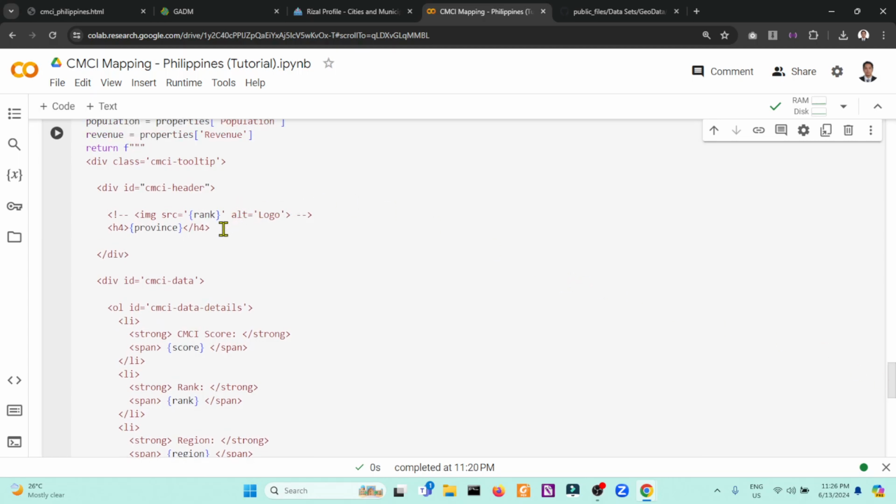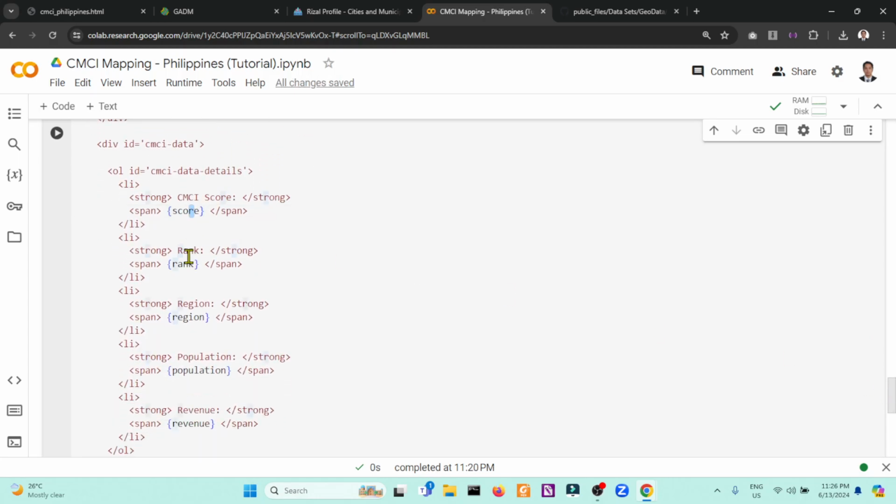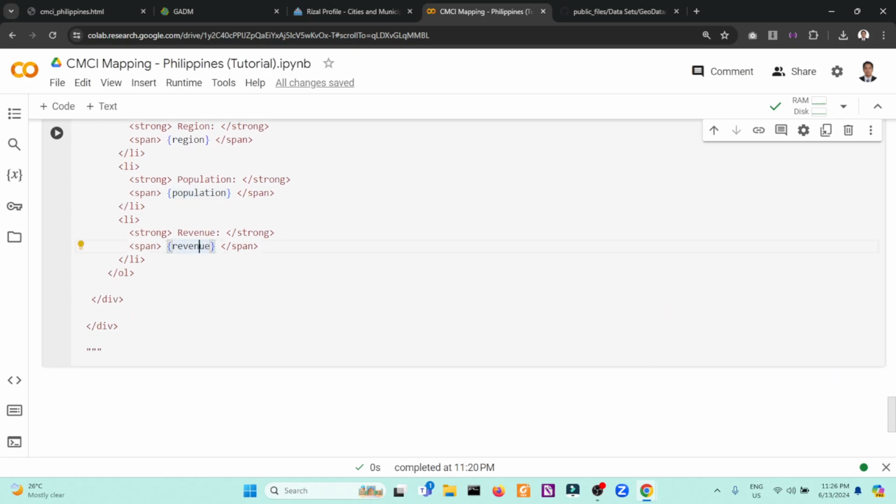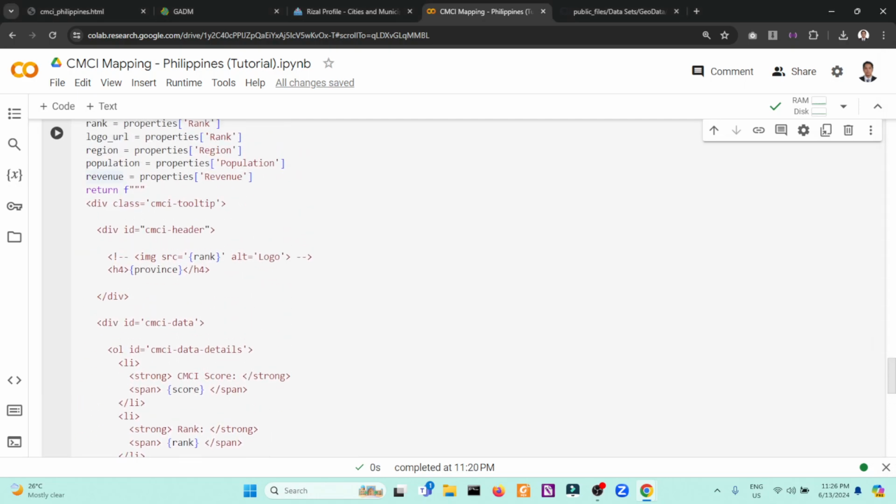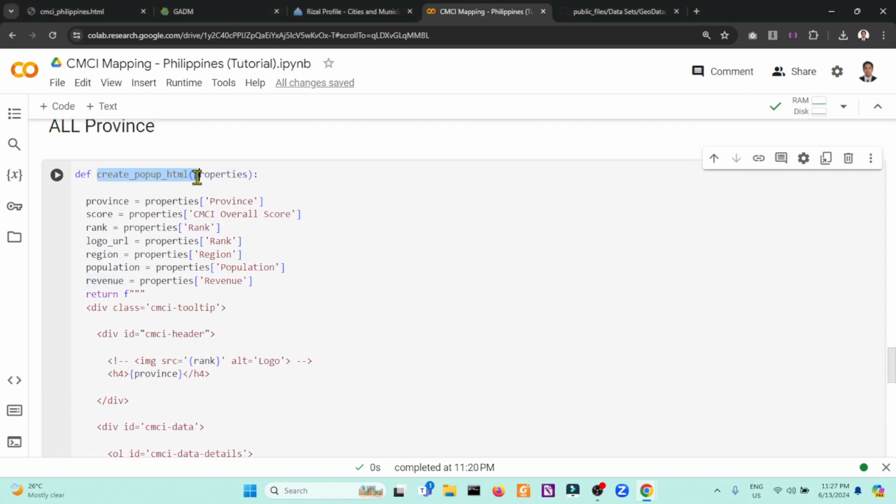It means that the header is the province and the list items are the score, the rank, the region, population, and specifically revenue. In summary, we created a function named create popup HTML that takes only one argument, which is the properties. The properties argument is expected to be a dictionary that contains various pieces of information about each province.